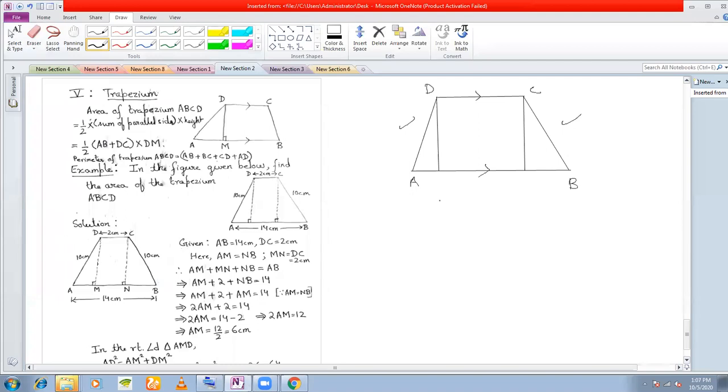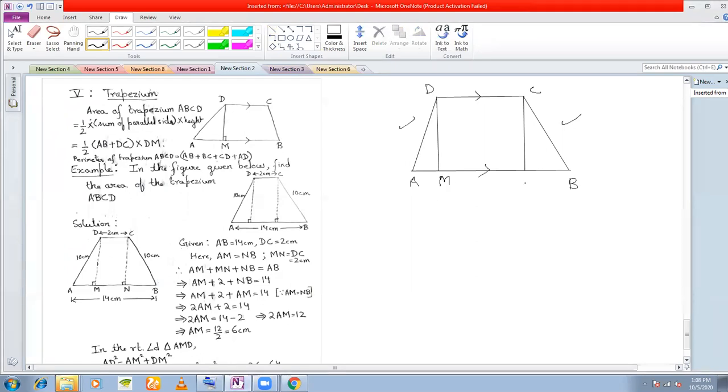Now, can anyone tell me what is an isosceles trapezium? An isosceles trapezium is one in which two sides are equal. What sides? Parallel sides? Wrong. In which the non-parallel sides are equal. An isosceles trapezium is a trapezium in which the non-parallel sides are equal. Now, in an isosceles trapezium, the special property is that if the non-parallel sides are equal, then these two lengths will be equal.